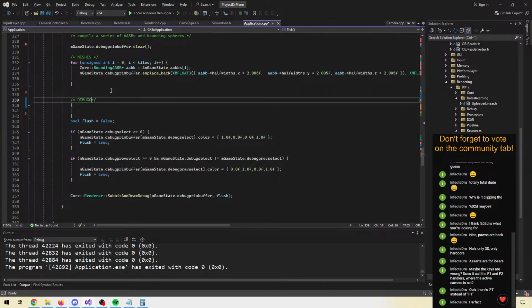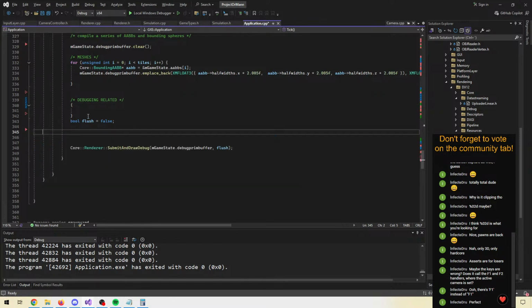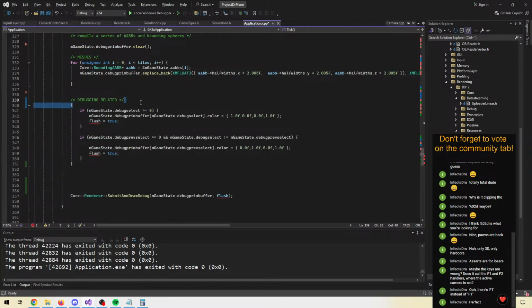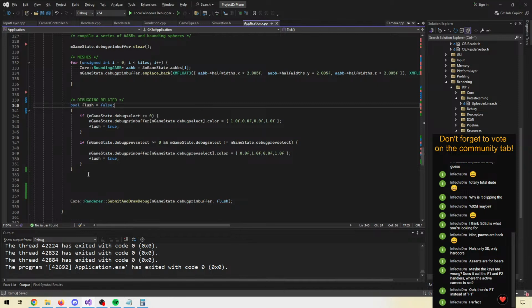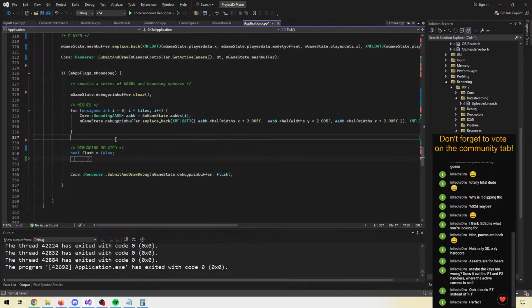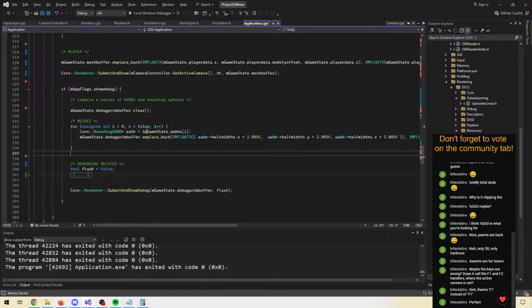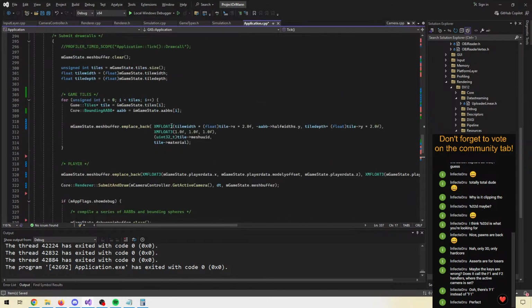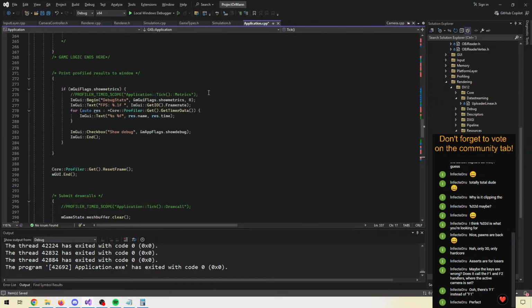Let's do debugging related. And just collapse that. Okay, so